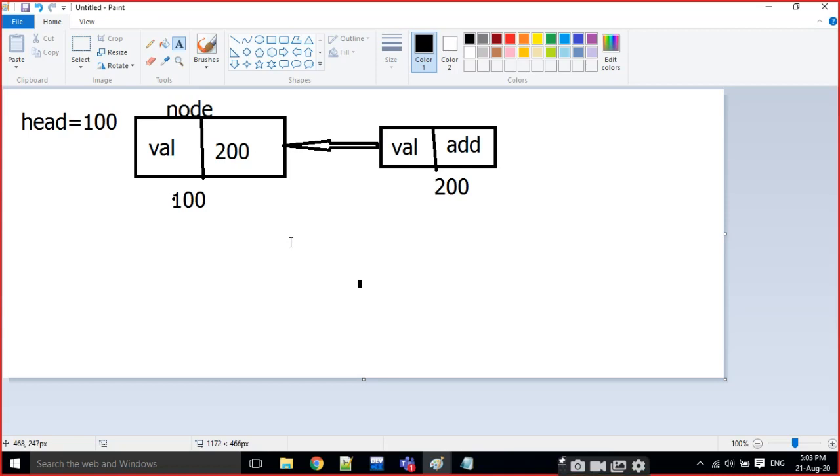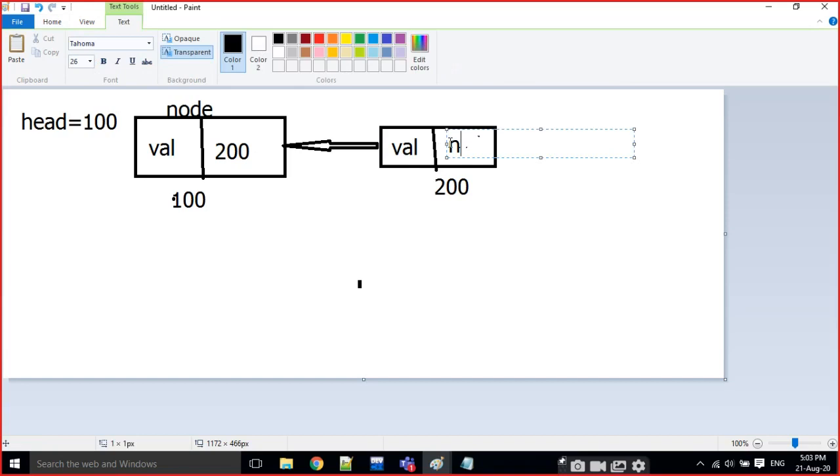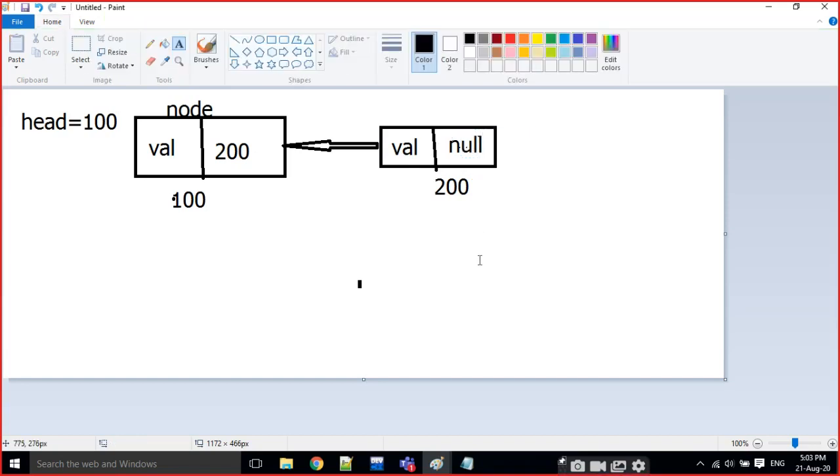The first node's address is placed in the head variable. If this is the last node, we have to represent it with a null value.